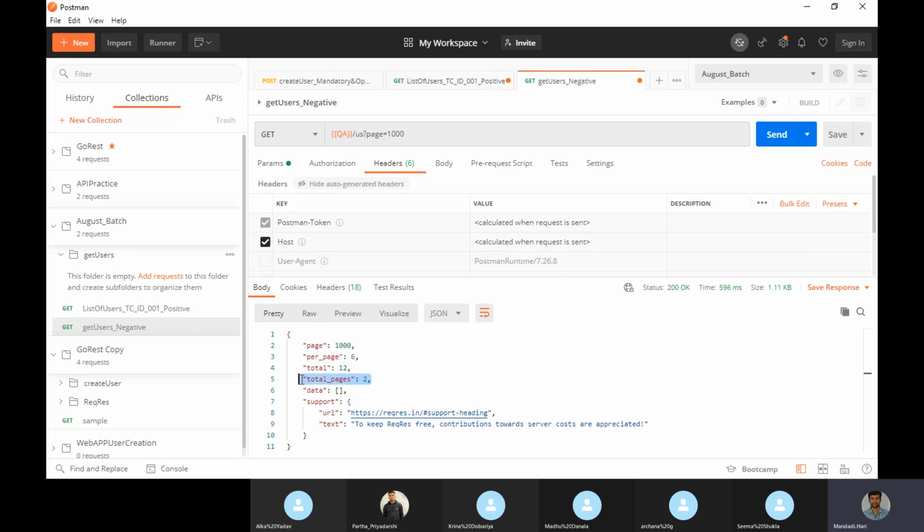Total 2 pages are there. Here data is not there, but it is giving a response. This is fine, actually, but this is not correct. With this it should not come. It should validate that this endpoint is something wrong. 200 you should not get. They just built it and posted it publicly for use. So this is a negative one.